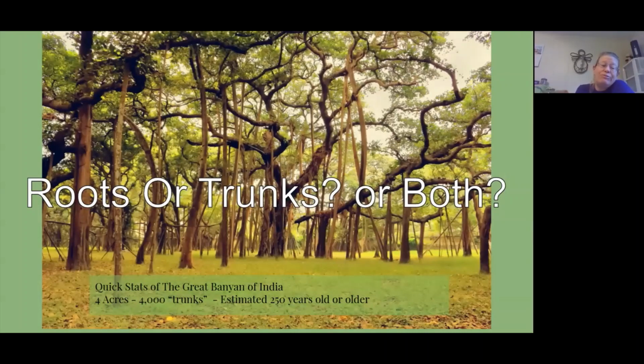Some quick stats of the great banyan tree of India. As I said, 4 acres, about 4,000 trunks or roots that have been sent down from the branches, thickened, and come to support the trees and provide additional support so that the tree can keep on growing. And it is estimated as being 250 years old or older. They don't really know for sure. Many clonal colonies of banyan tree have been documented in India and the regions around India. Even Alexander the Great documented coming across a great mighty banyan tree. So,